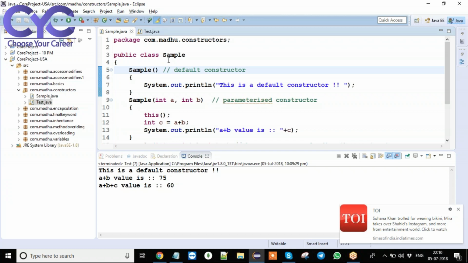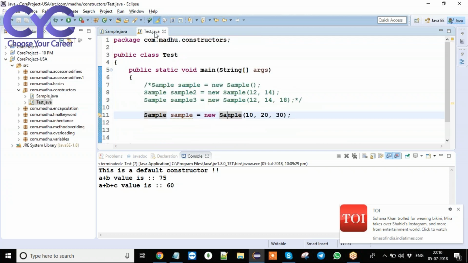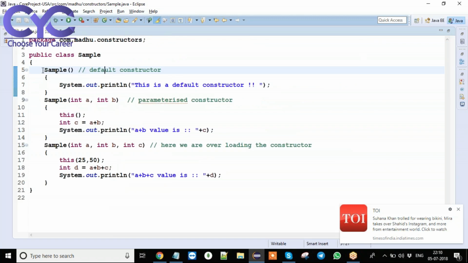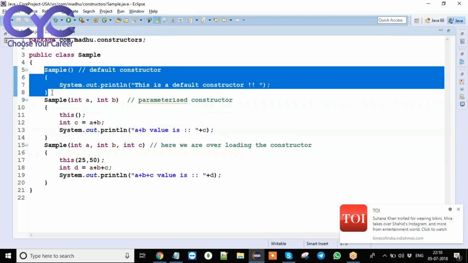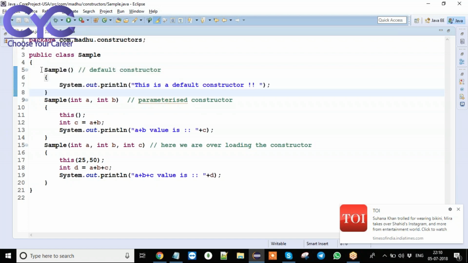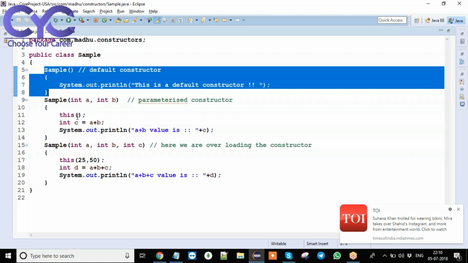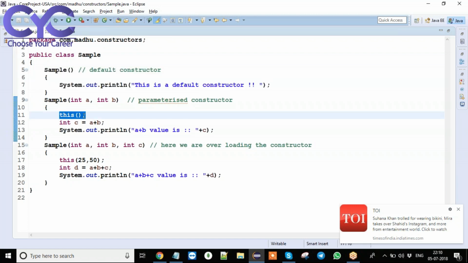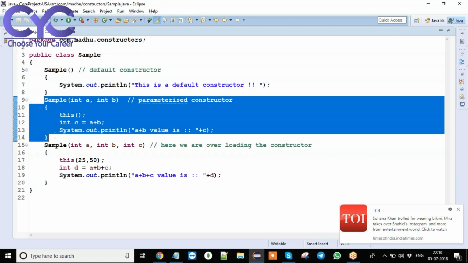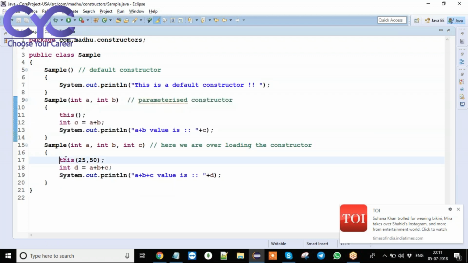Now see here, once again I am going to explain this constructor chaining mechanism. See here what my intention is. By creating a single object, I want to call all the 3 constructors. So what I did, first I have called this default constructor into this parameterized constructor by using this method. Again, I have called this 2 arguments parameterized constructor into this 3 arguments parameterized constructor by using this. If you want to take directly a comma b, you can take, otherwise if you want to pass some other values, we can directly pass the values.